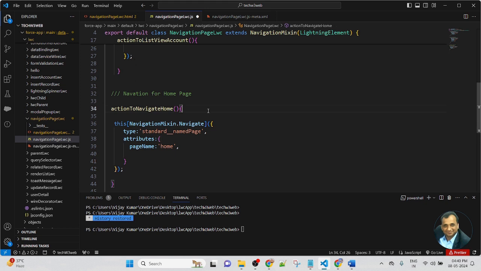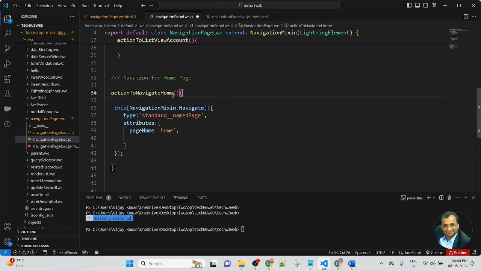So I create a function; the function name is actionToNavigateHome. Then, in square brackets, this NavigationMixin dot Navigate. In the function I use type; type is standard__namedPage. Then I use attributes: pageName colon home, because here I am navigating to the home page after clicking a button.